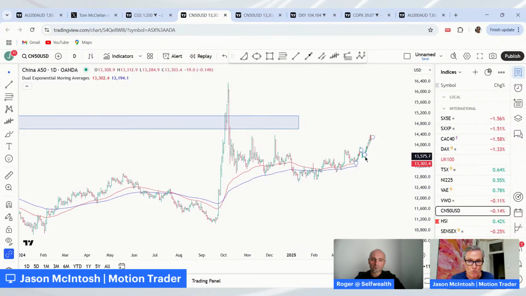But I think the key is what happens where things currently are. If we come back next week and we've got a move like I've just drawn in here, then it looks like sideways at best. Maybe it tests lower. It's out of sync with what's going on in Hong Kong. The two are correlated and they're related, but we're not seeing that strength just yet in the Chinese market. Maybe Hong Kong's leading, China catches up.